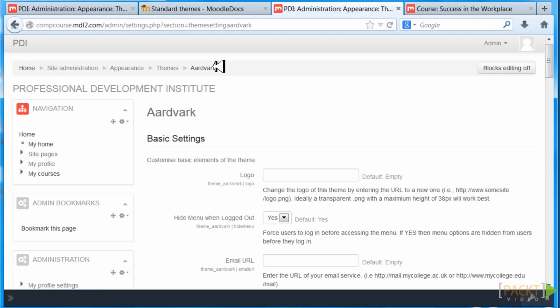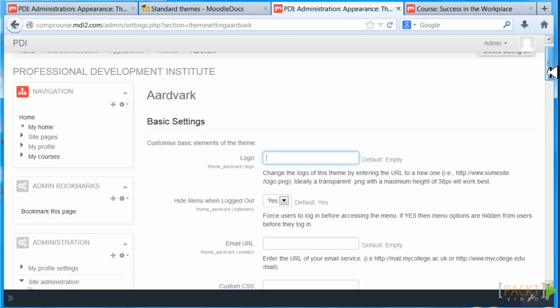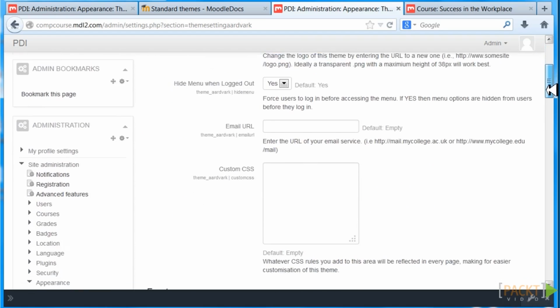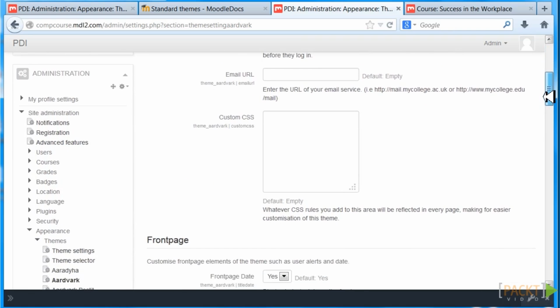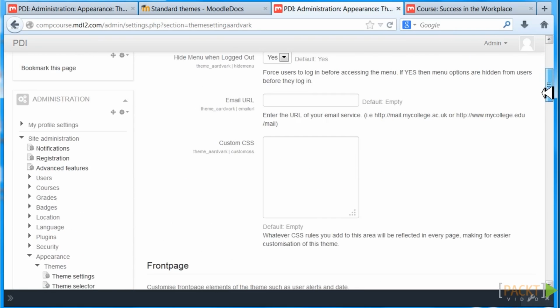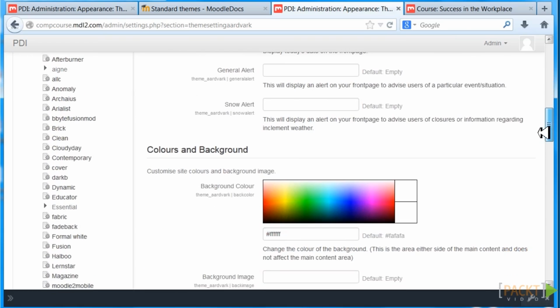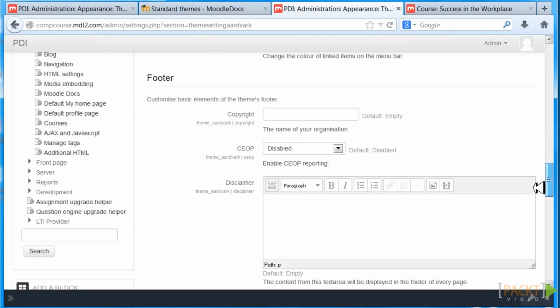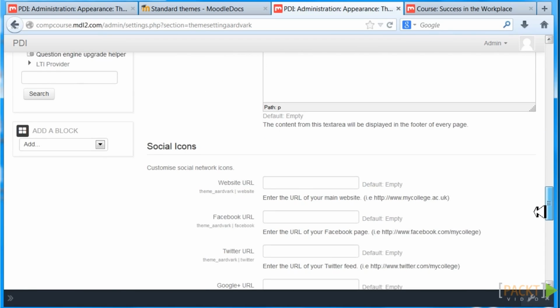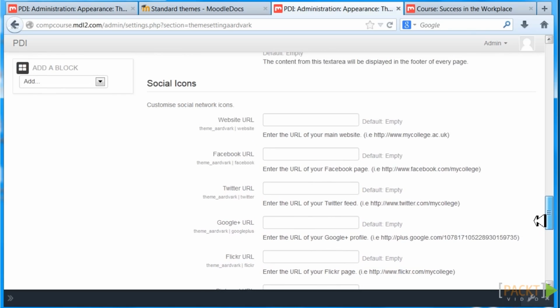Now, if we look at the basic settings for Aardvark, we can put our course logo, which is important. Now, keep in mind, we are either creating a course that's self-study or it's instructor-led. And in this case, we want to make sure that we include information that allows students to find themselves and find each other easily. In this case, I really recommend incorporating social media because it will allow people to reach